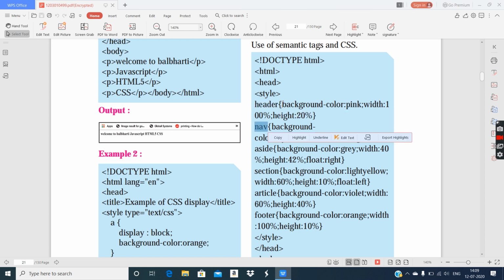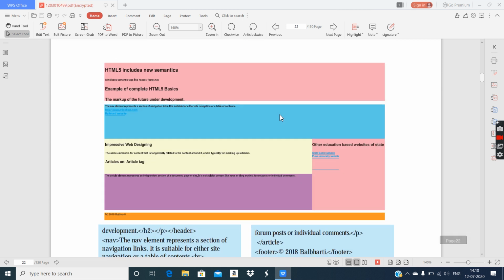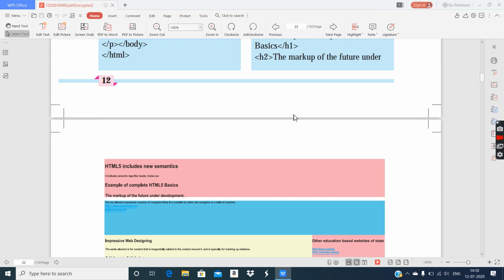Okay, and what declarations are given, pay attention. Background color pink, width 100%. So if you want to give width in percentage, you can give it. But percentage values are within 1 to 100, and the percentage symbol has to be given. This is common for CSS as well as HTML. If you want to give a percentage value, provide the percentage symbol after the value. And height 20%. These are applied to this part. Background color pink, width 100%, that means covering the entire web page, and 20% height.